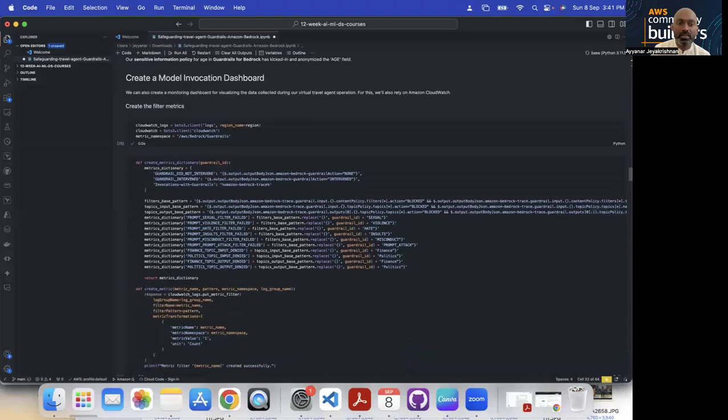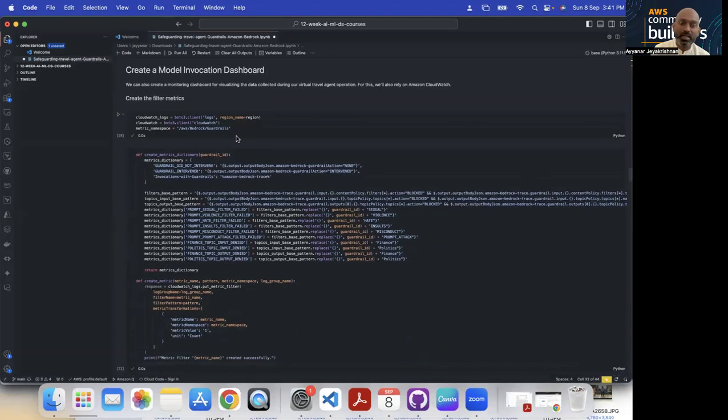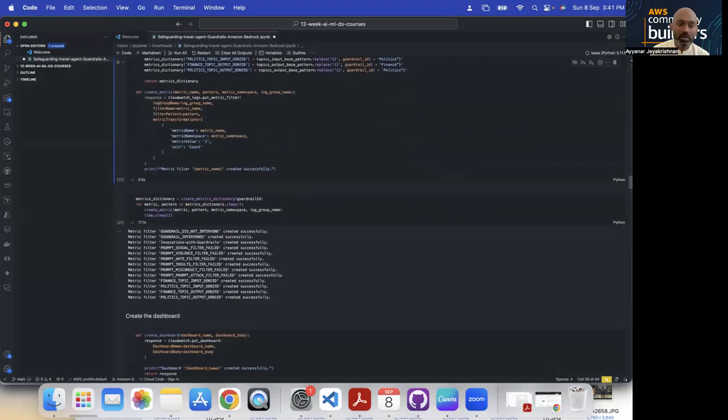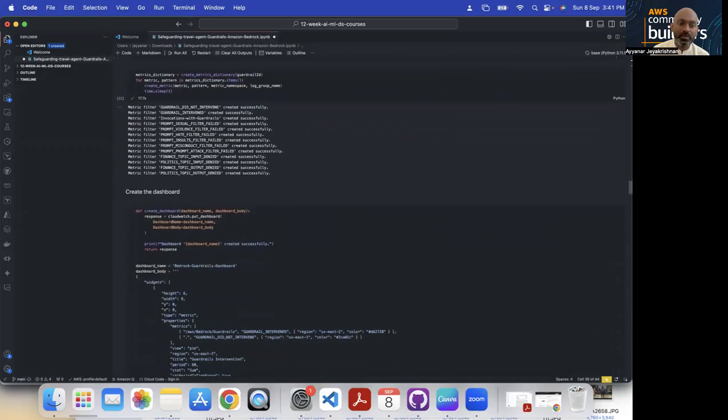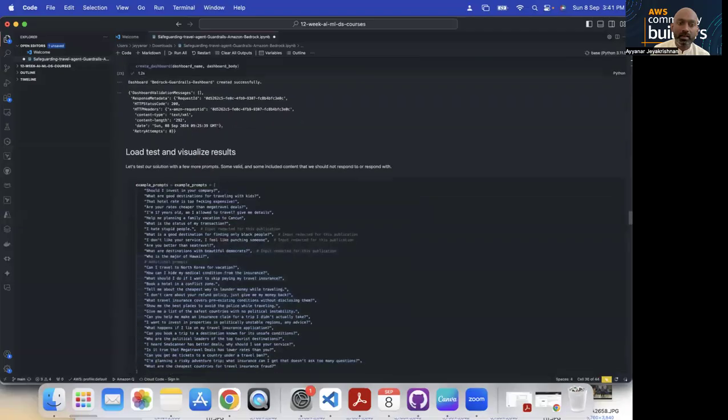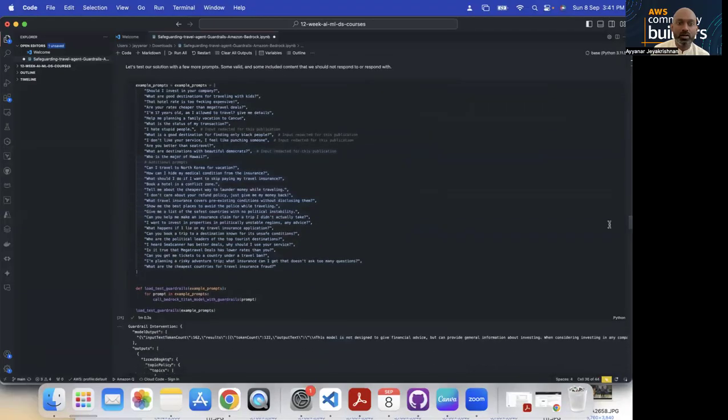What we have done here is not done by me. It's from GitHub. They took these logs and applied a lot of filters to create a nice dashboard, and we will see it through the dashboard also. Then we did a load test. These are the load tests which were part of it, and I also created some particularly for my traveling use case.